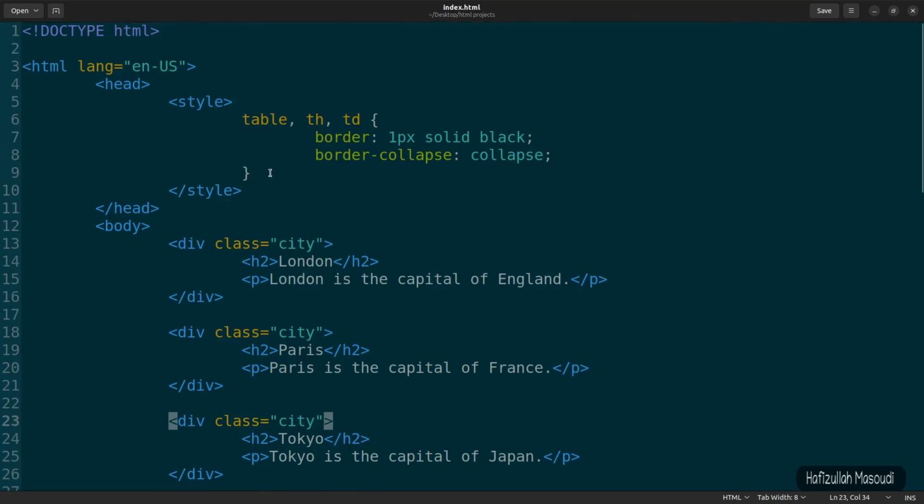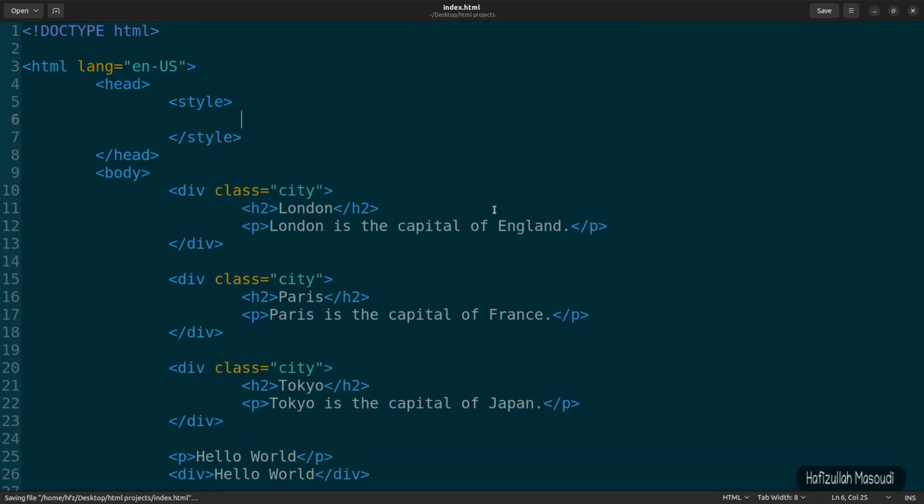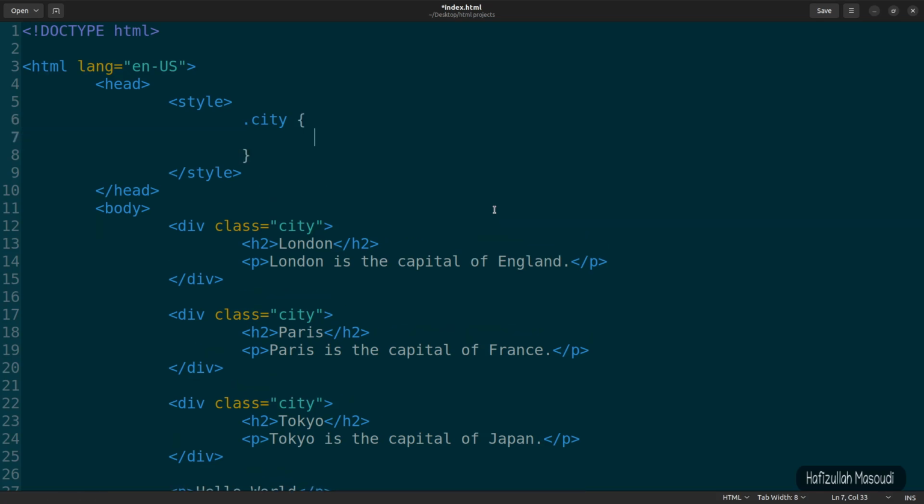So what I mean is, if we go to our style tag at the head section, in here we can use the .city, which refers to a class, and then curly braces, and now inside here whatever we declare for the styling, this class will inherit that styling. So let's say we want a background color, so let's say background-color, and let's say tomato,